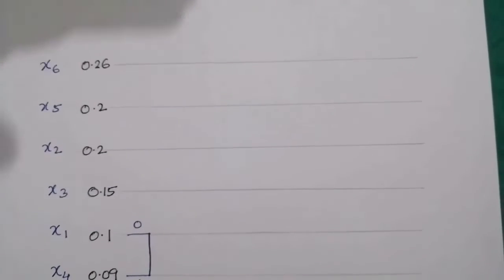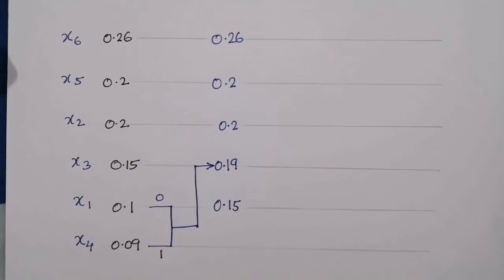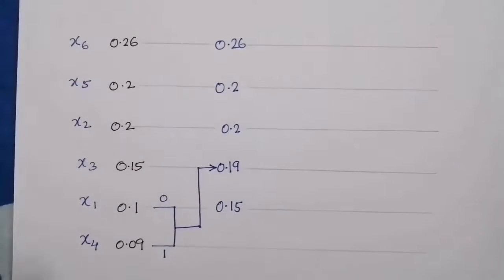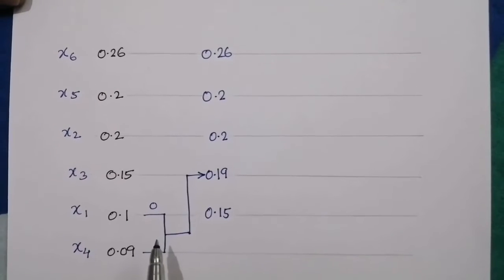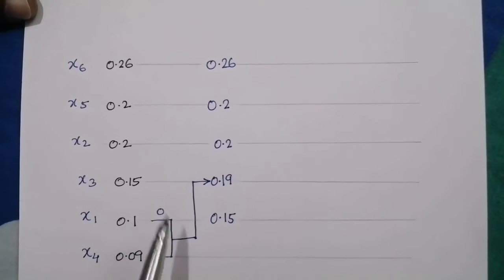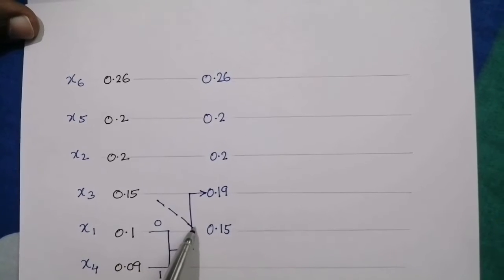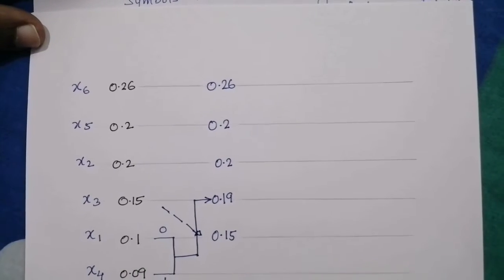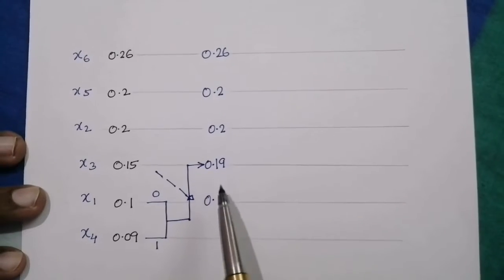So again we need to rearrange the symbols such that the probabilities of occurrence of the symbols are in the decreasing order. So after rearranging the source symbols with the new symbol in the decreasing order, this is a new list. Here we can observe that since the new symbol has a probability of 0.19, we need to step down this particular symbol x3 downwards. Now we will repeat step number 3 for the new source symbol arrangement.